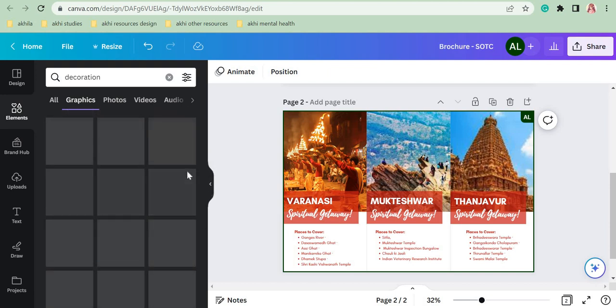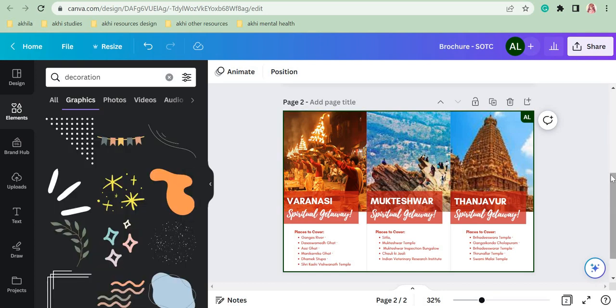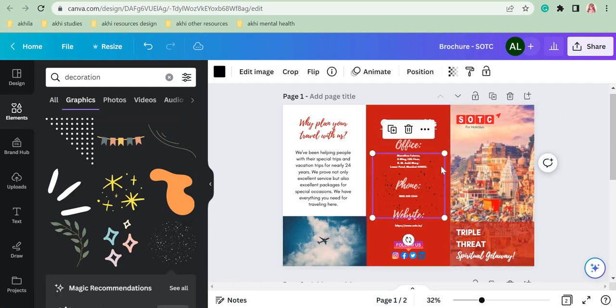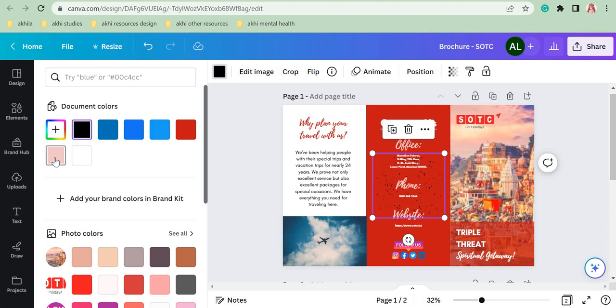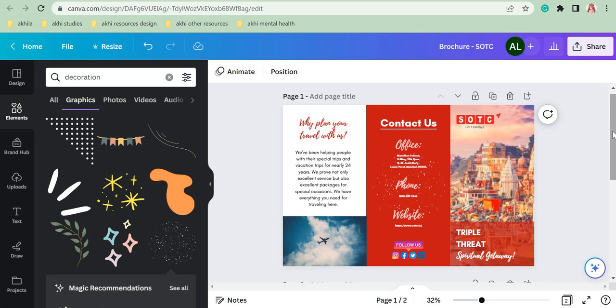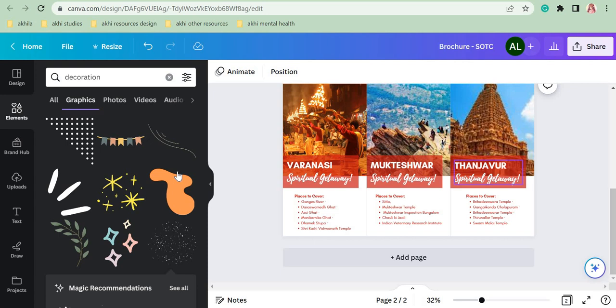For example, I really like this dot thing. So I've already put it over here. How to put it is very simple, just like your rectangle, how you did it, same way. Click on it, it will come on your screen. For some elements, you will have this color button on the top left corner of the white bar. You can click on it and change the color, but this is only for some elements. If the color option is not there and you want to change the color, you have to go for some other element then.